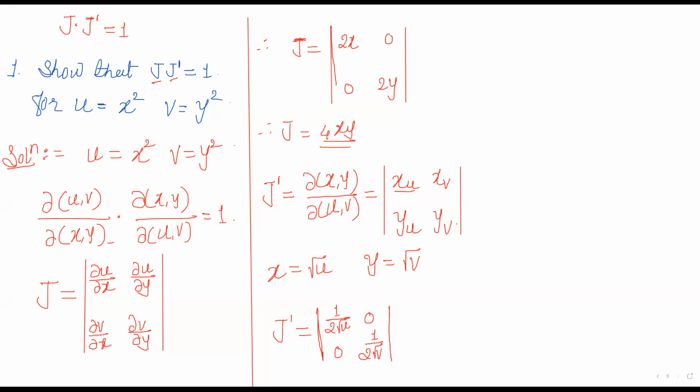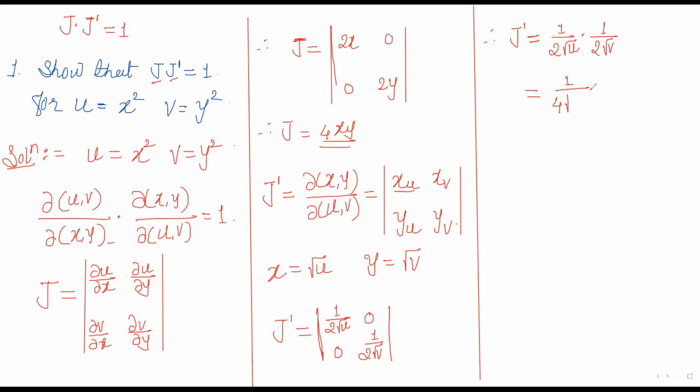Okay. Therefore, J dash is equal to 1/2 into root u into 1/2 into root v, which is equal to